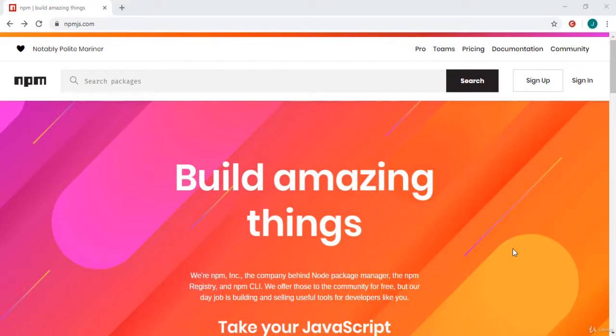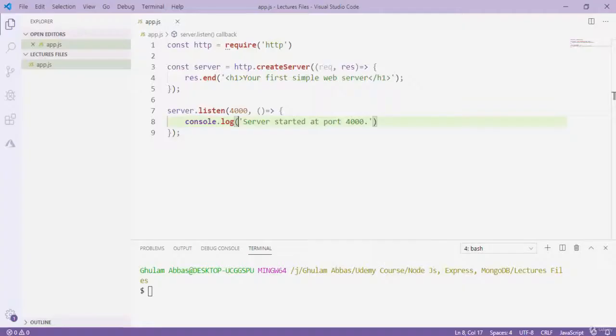One more thing that I want to tell you is something called npm init. Let's see how we can use npm init. If I go to my Visual Studio Code, npm init generates a file called package.json. Package.json is a type of configuration file that holds some data of the application. So without wasting our time, let's simply type here npm init. When I press enter,